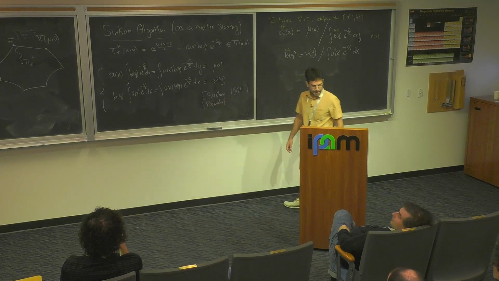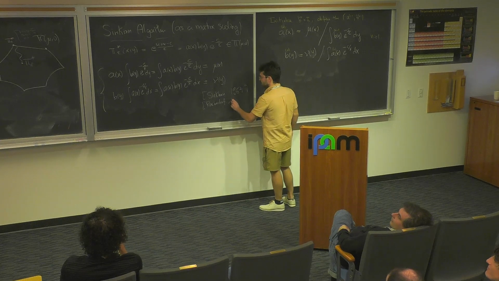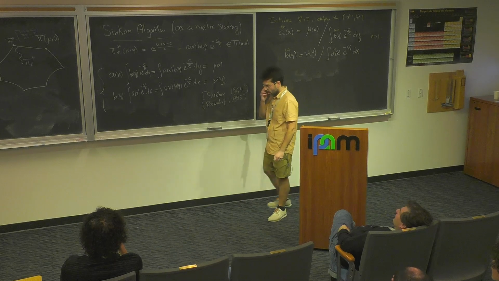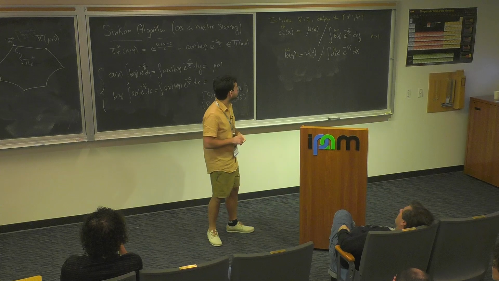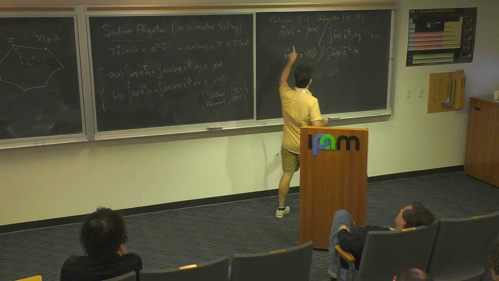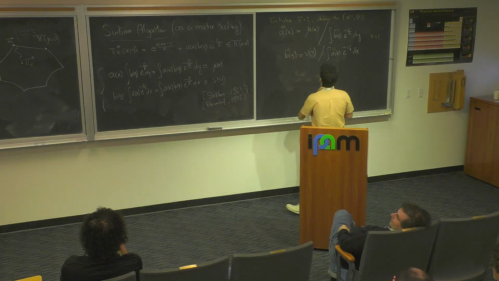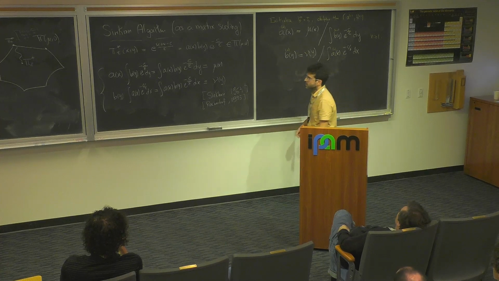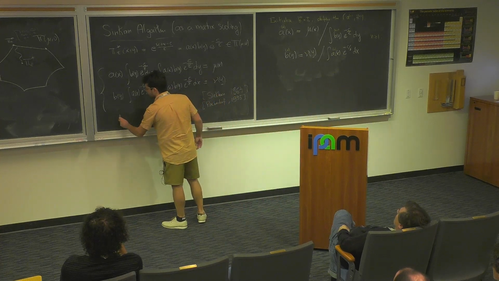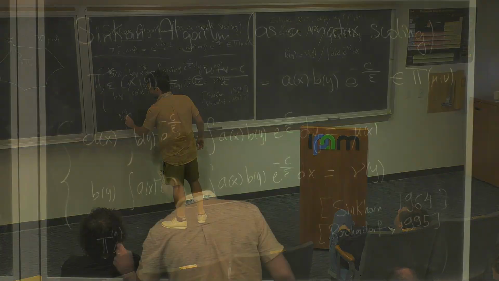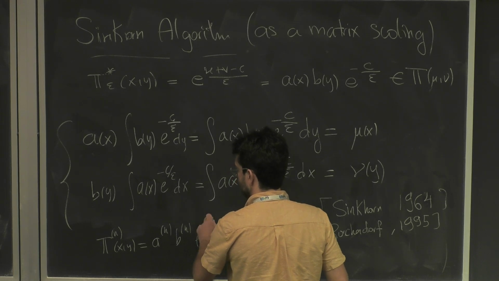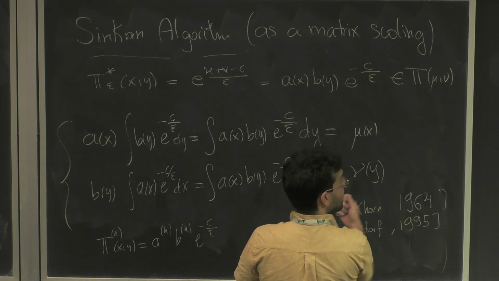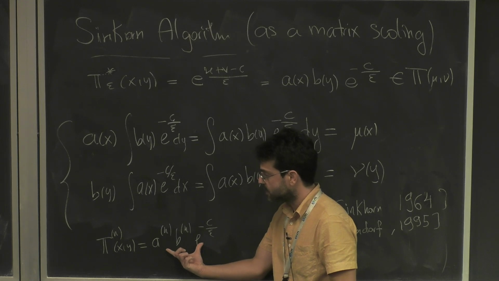So my question is, what is the stopping criterion for the algorithm? A stopping criterion for the Sinkhorn. Yes. So for example, with this algorithm you can also define what is the pi n. I cannot write the pi n here, but you can choose the pi n to be an, bn, exponential of c, or you can choose an, bn minus 1, so you have a choice.